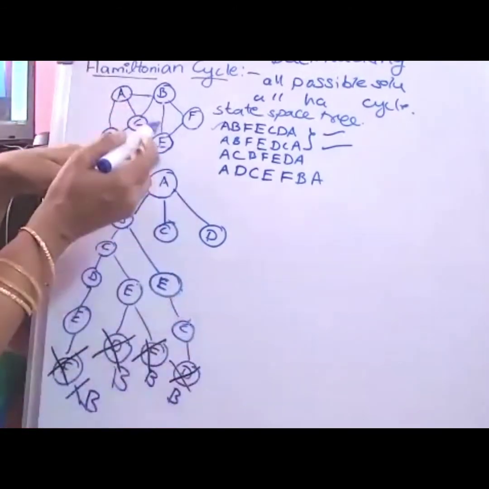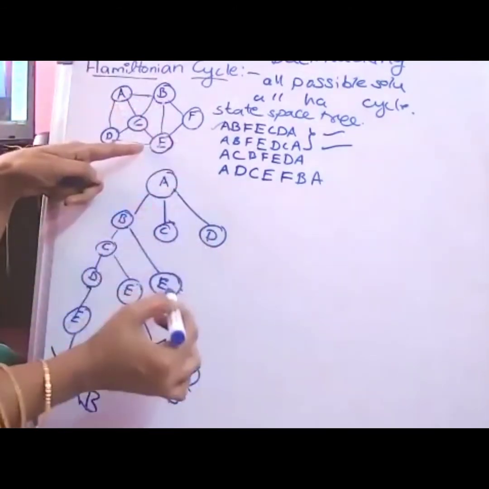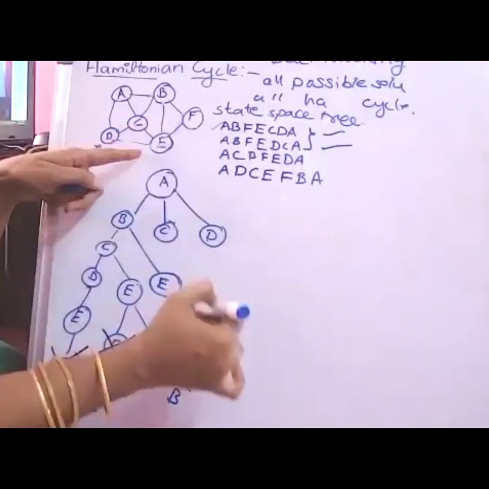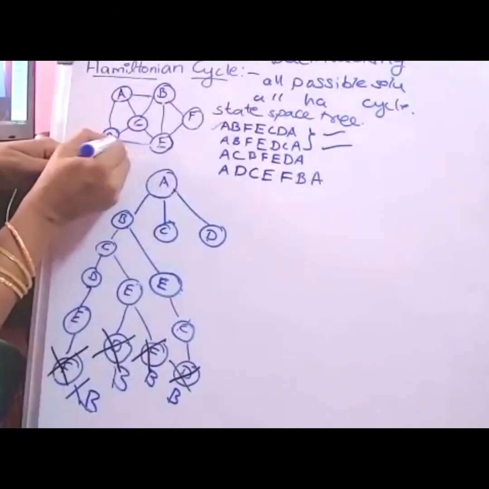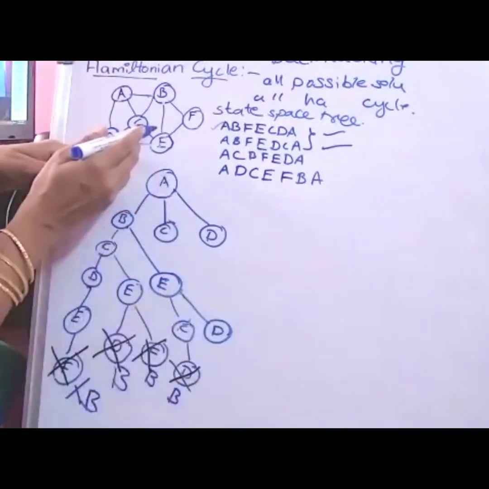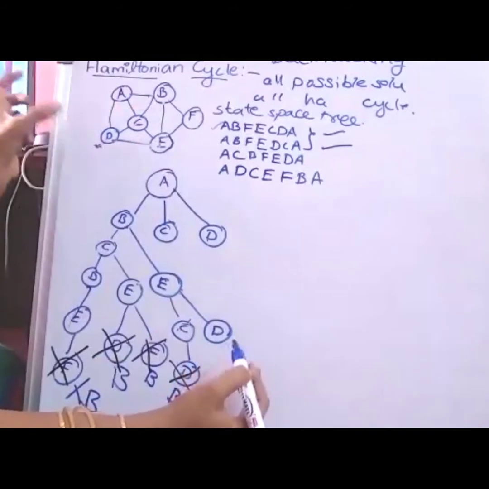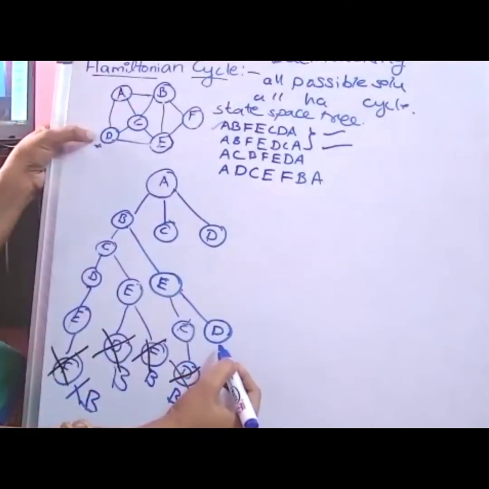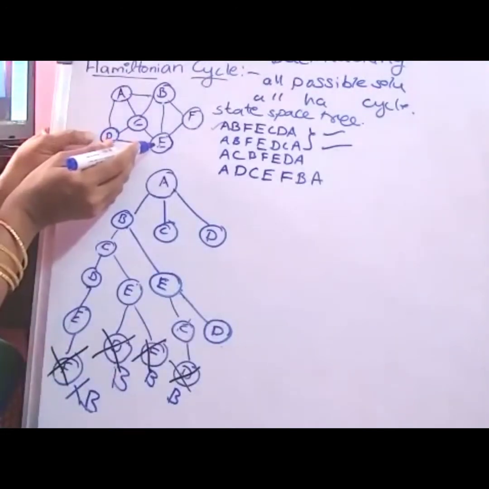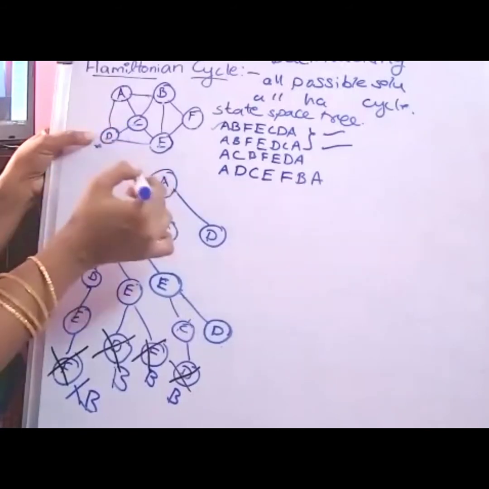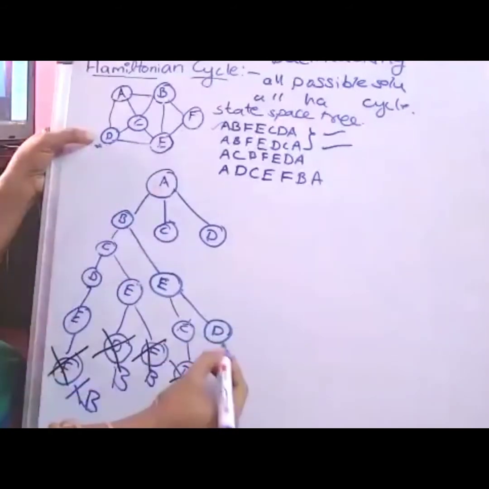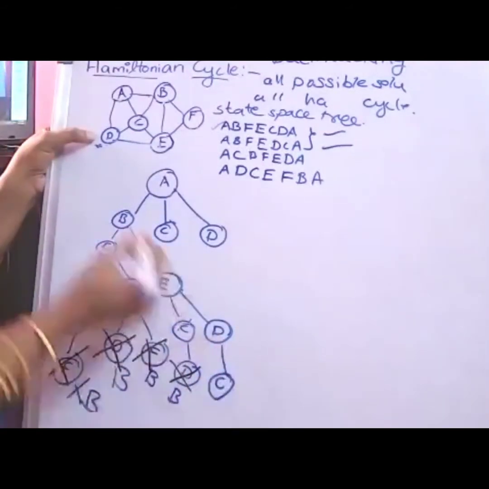For this E, from A, B and E covered, E is connected to three unvisited vertices: C, D and F. C is already covered. So in sequence, I am trying to cover the D option from here. So A, B, E, D are visited. From this point again, I am trying to visit the unvisited vertices. D is connected to A and E, already visited vertices. D is also connected to C. In this path, C is an unvisited vertex. From D to C, there is connectivity, so I am trying to visit this.